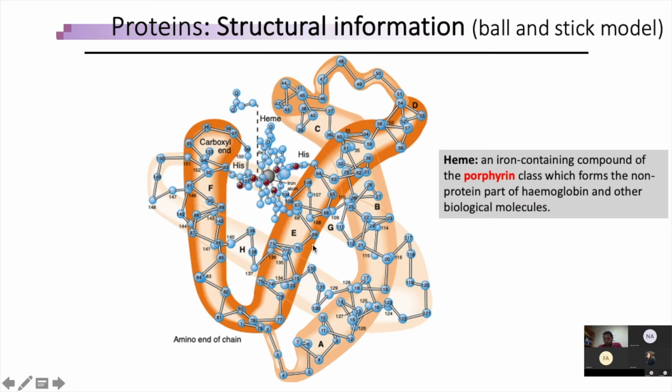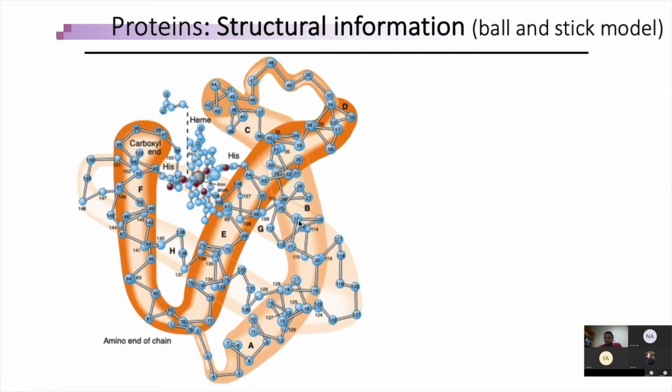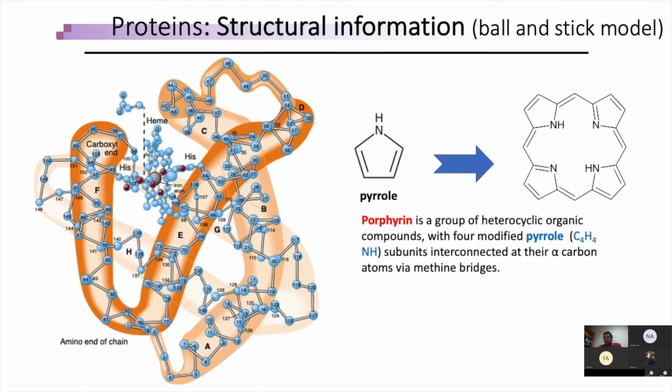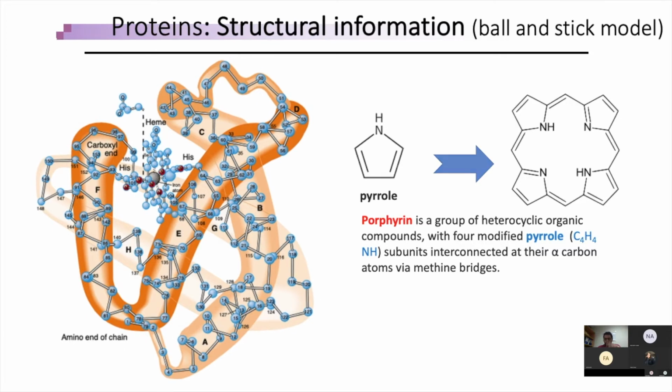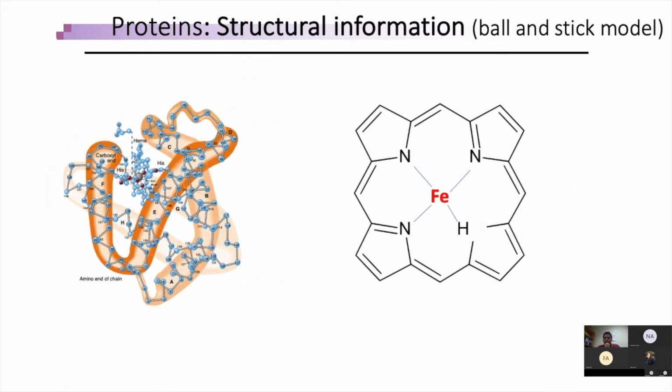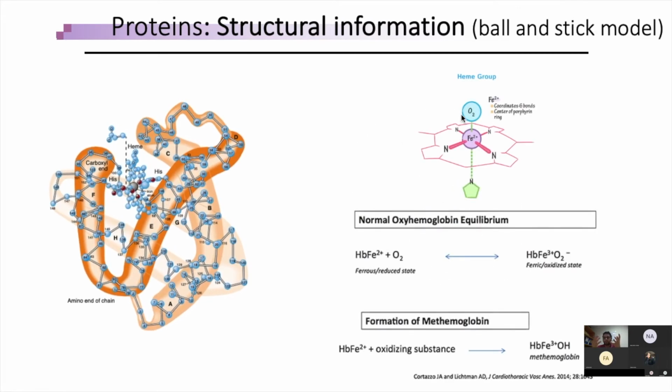This folding of the polypeptide chain gives rise to this characteristic crevice or pocket structure, which almost completely covers this porphyrin heme molecule. This is a porphyrin ring, which is a heterocyclic organic molecule that consists of 4 modified pyrrole rings, and in the middle there is an iron atom, and this has an excellent affinity to bind with oxygen when it is in ferrous form.